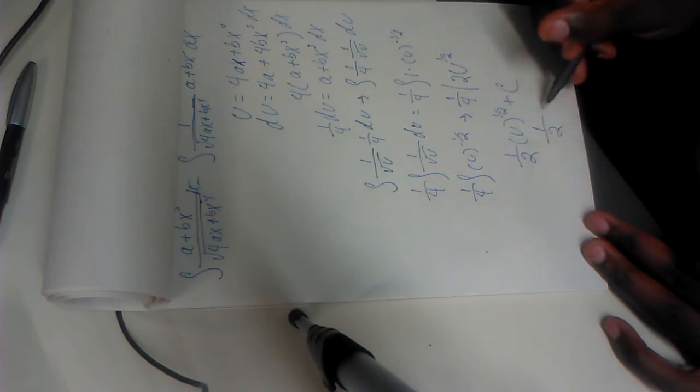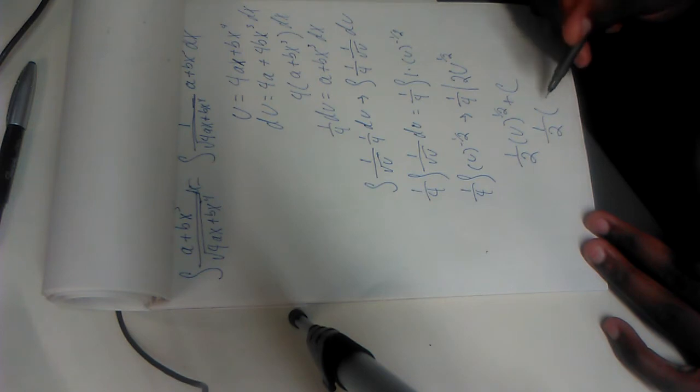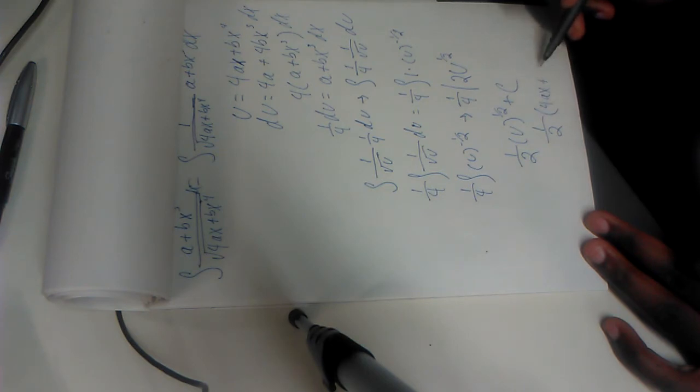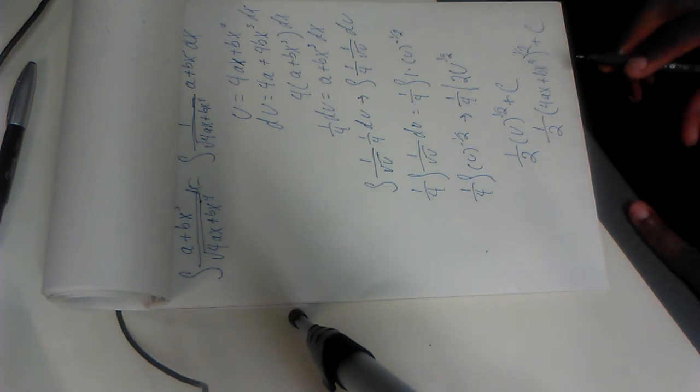So you're looking at 1/2 times u, which is 4ax plus bx to the 4th, to the 1/2, plus c. Now this is your final answer, but remember,